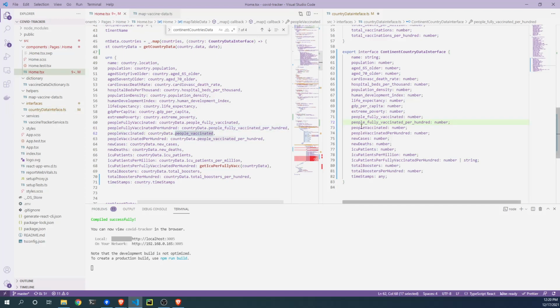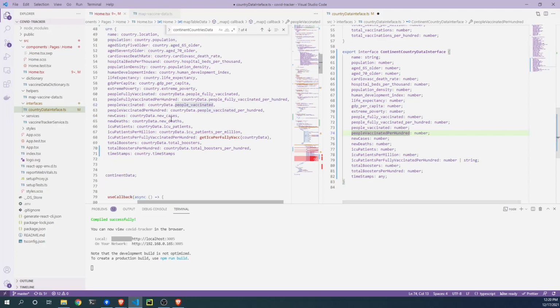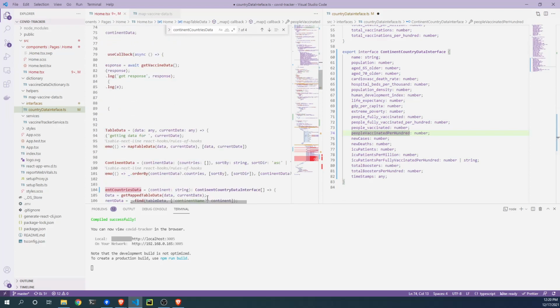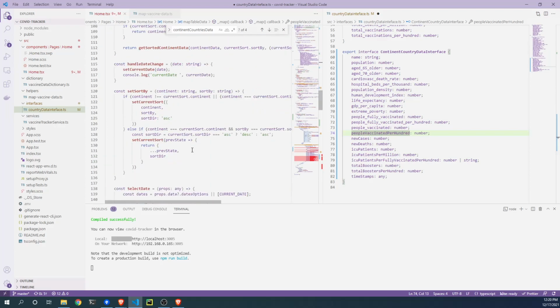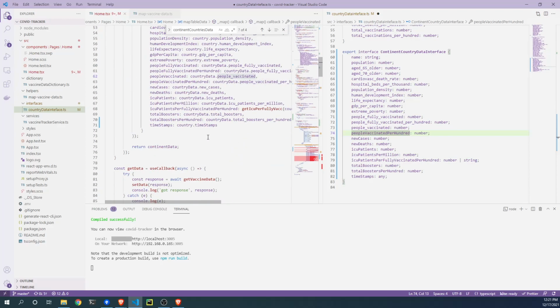So enough with the mapping. Or if I think about it, what if I would add? No, I will just